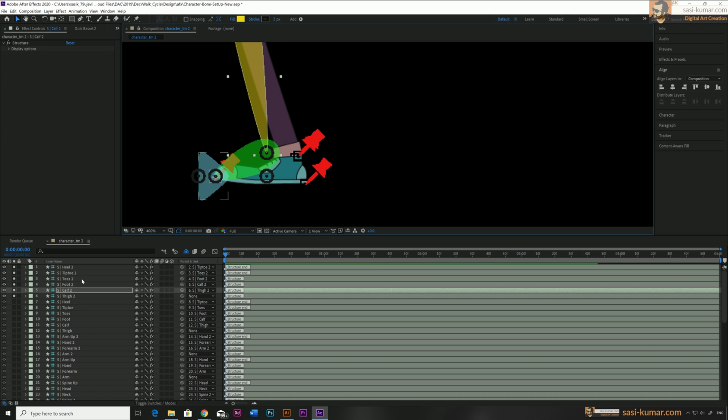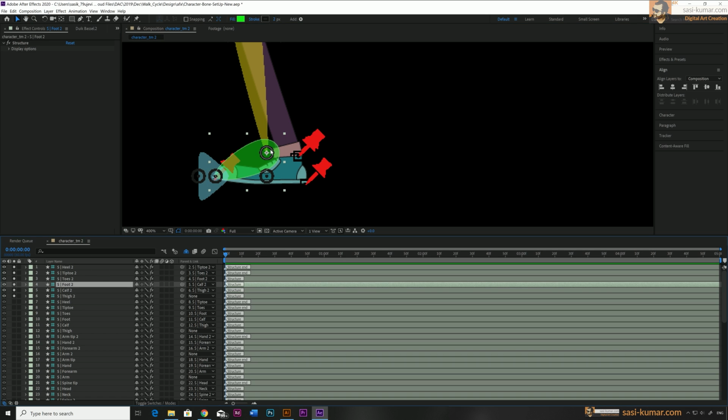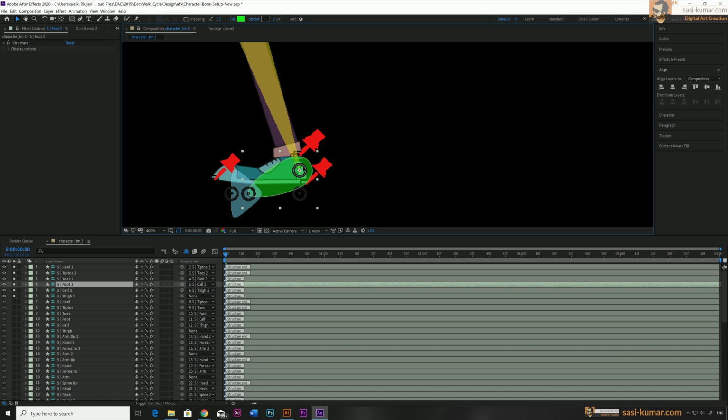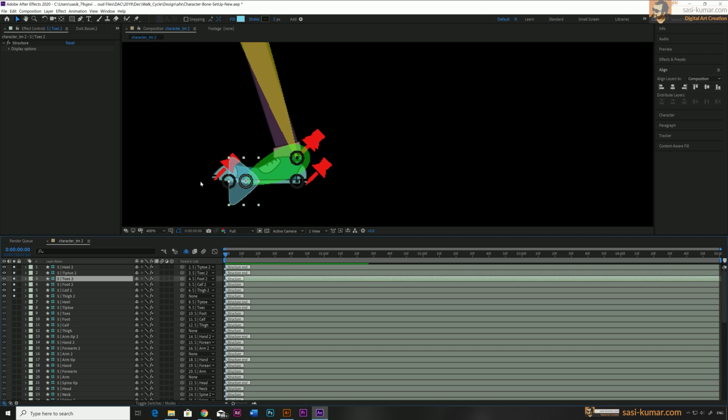Now select the foot and bring it to the puppet point in here, to the top one. Yeah, this one, and select the toe, bring this one to here, and toe tip